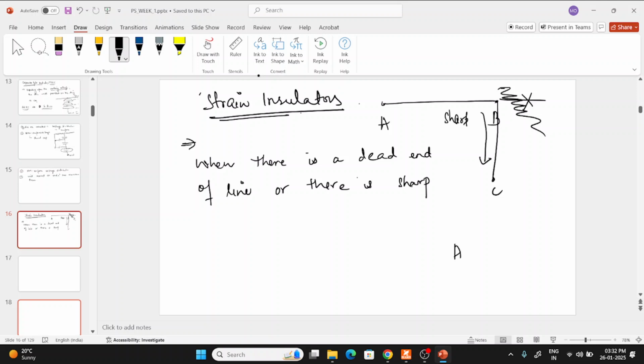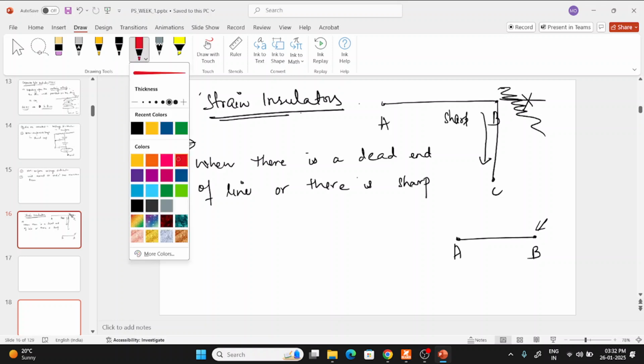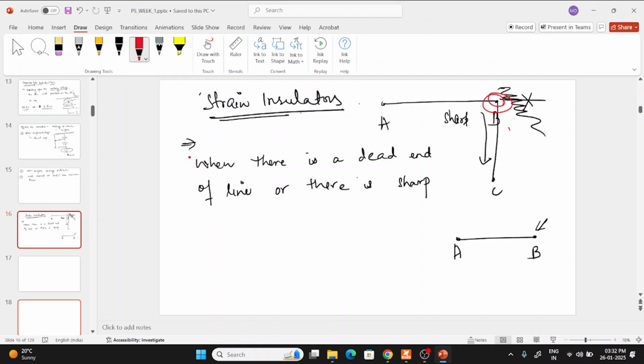If like from A to B, now we have to stop it here, then we will use strain type insulator here. So basically, when there is a dead end of a line, or a sharp turn or corner,